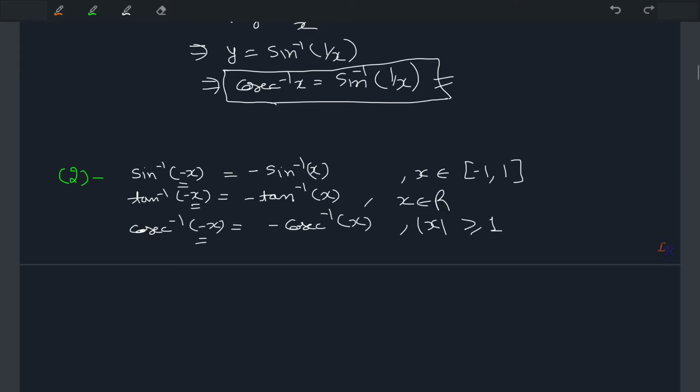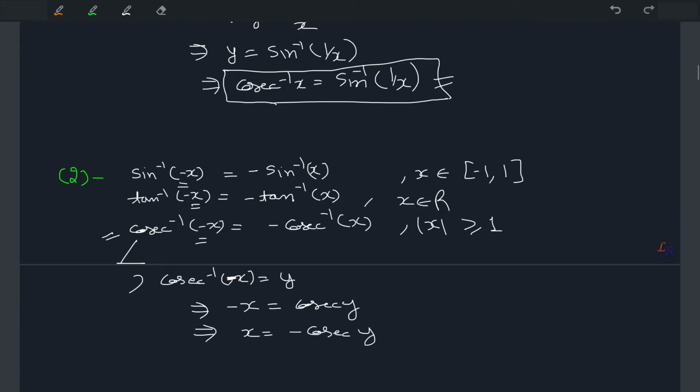Then how can we prove it? Let me prove this one here. Let's assume that cosec inverse minus x is equal to y, then you can write minus x equal to cosec y. It would mean that x is equal to minus cosec y. It would also mean that you can take the minus inside, giving cosec of minus y,